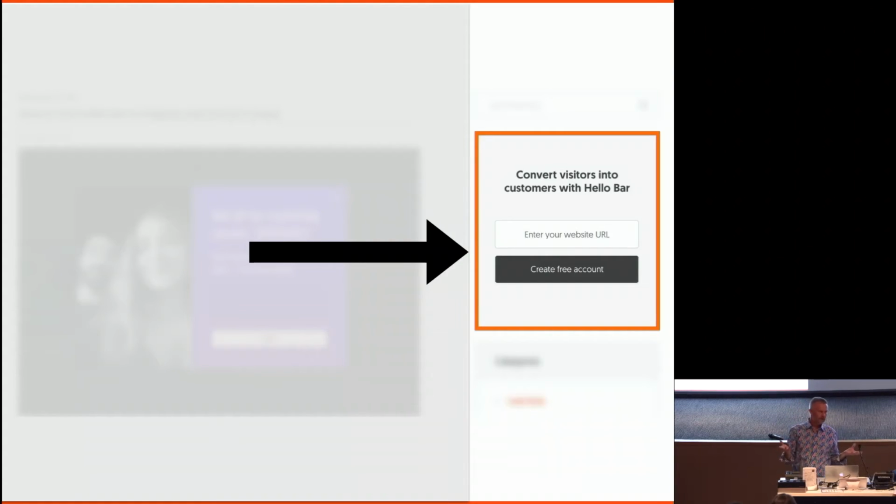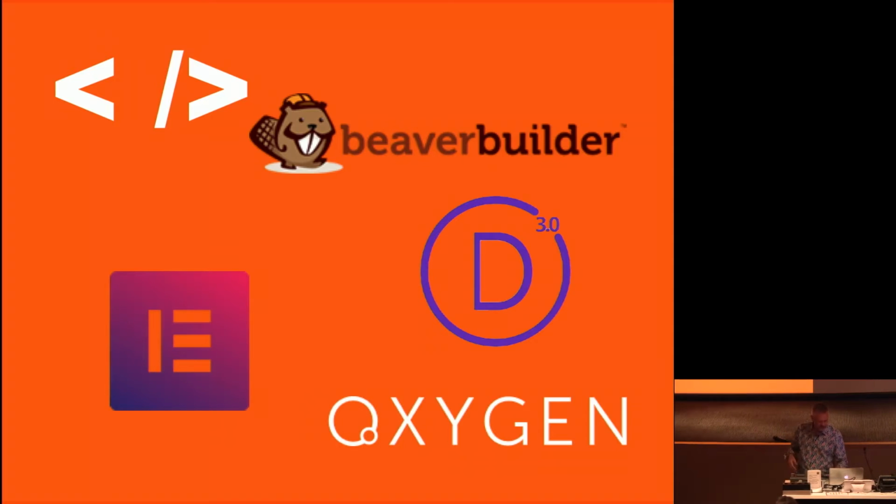But look, don't be over the top with it. You don't want to really annoy them. It still needs to be subtle enough without being in their face. And you can achieve some of these hello bars and whatever by writing a bit of code, for those of you that are coders. For those that are not, I'm a coder and I still prefer not to code it, then you can use,